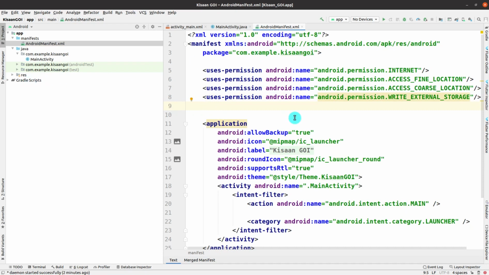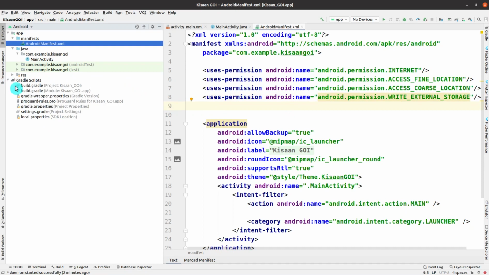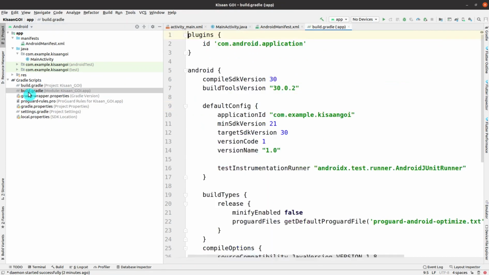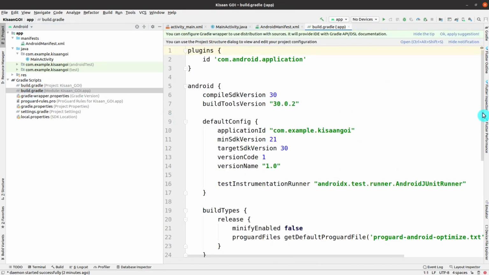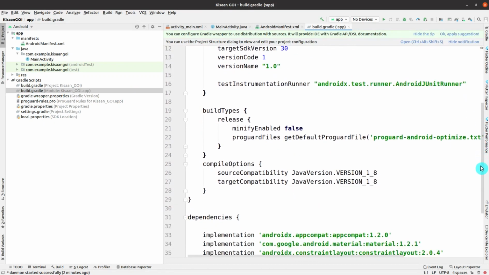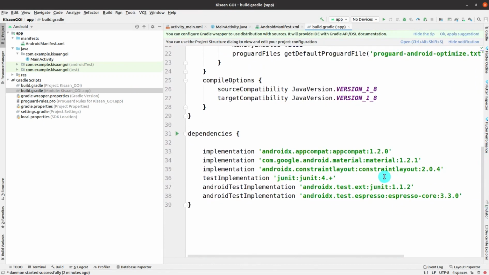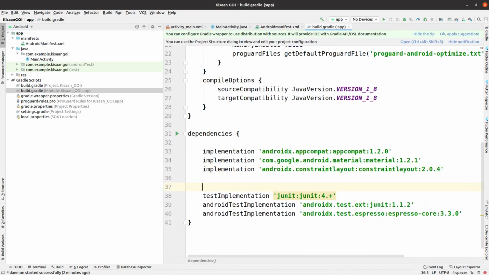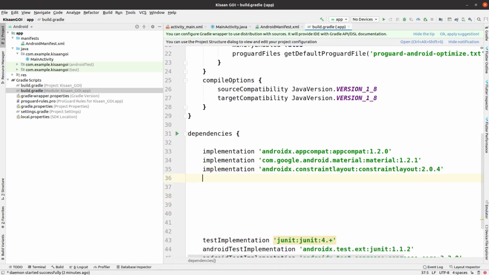Now go to the Gradle scripts and then build.gradle module, where we have to add a few dependencies which are very required for this application. After the implementation lines and before the test implementation, we are going to add the dependencies.